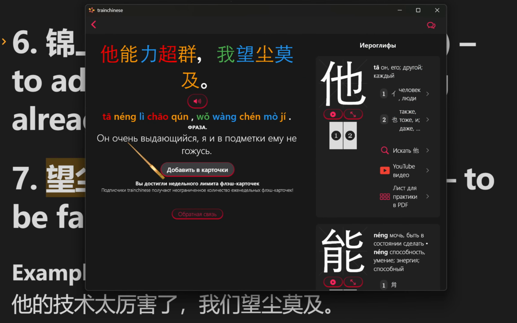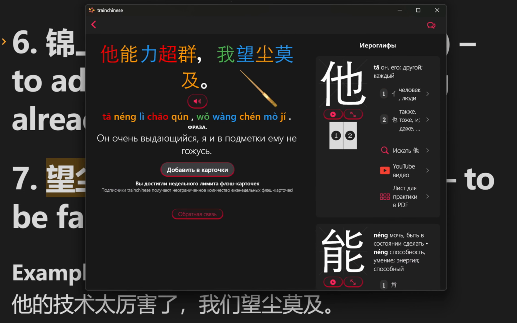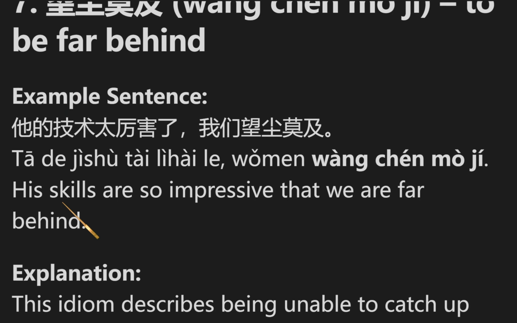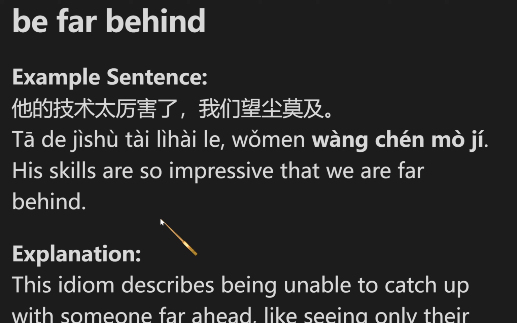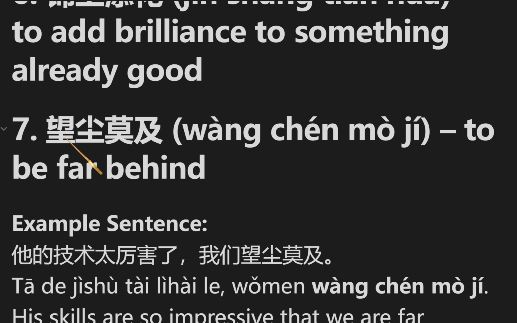So for example, 他能力超群，我望尘莫及。His 能力, his ability, is 超群, very outstanding. To excel the most, to stand out. His skills are so impressive that we are far behind. 他的技术太厉害了，我们望尘莫及。This one is really interesting and easy to use. 他的技术 his technique, his skill. 太厉害了 so impressive. 我们望尘莫及。Just look at the dust and can't reach them. To be far behind. 望尘莫及。